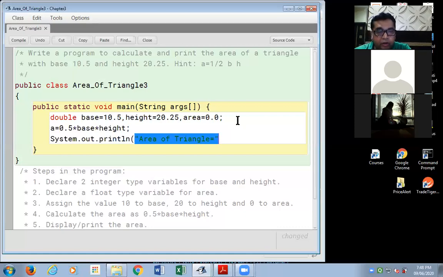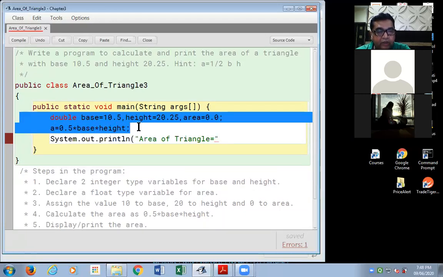Okay. Friends, I would like you to see these 2 lines and tell me what mistake I have done. Help me correct that mistake, please.